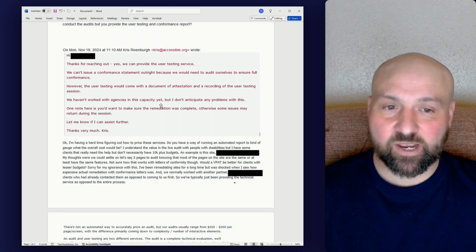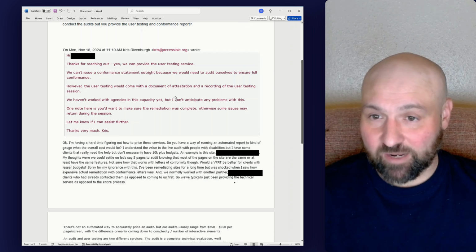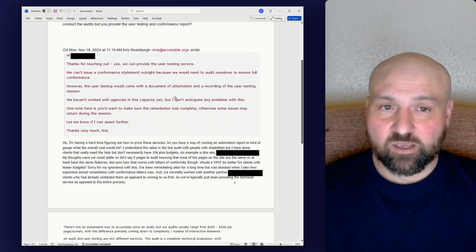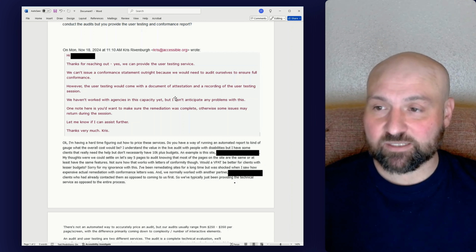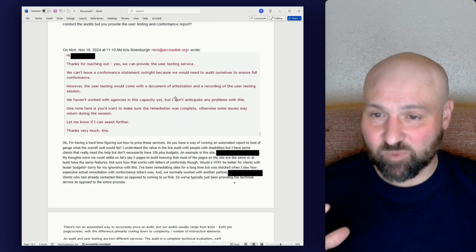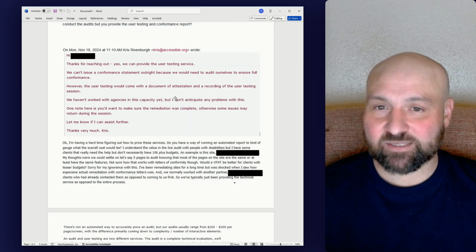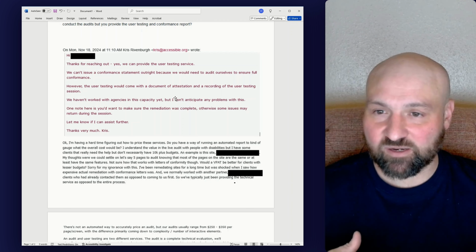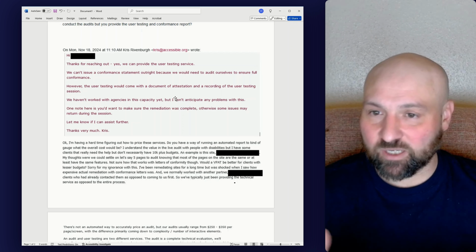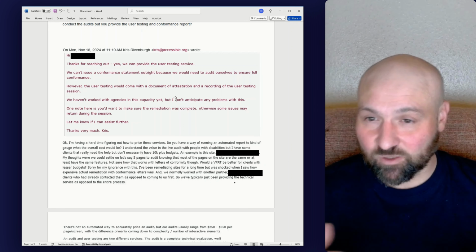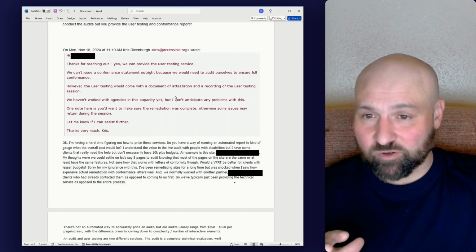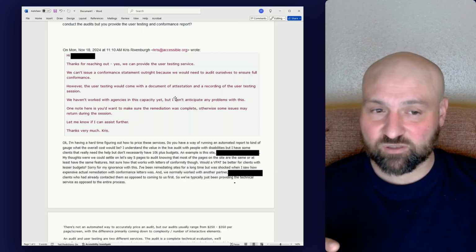So that's why I wrote here you'd want to make sure that remediation is indeed complete, unless you're really user testing just to find accessibility issues. But if that's the case, it's really an inefficient use of that service, because you could get an audit and uncover those issues. So the way that you prioritize and the order in which you approach these services definitely matters,